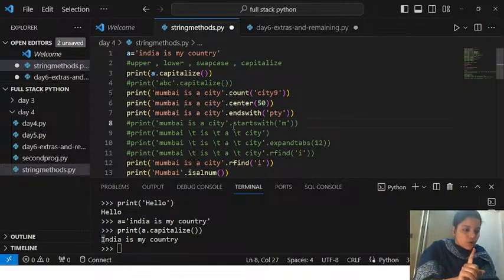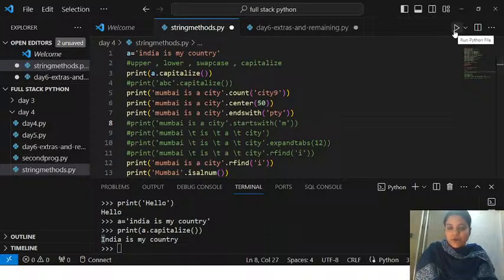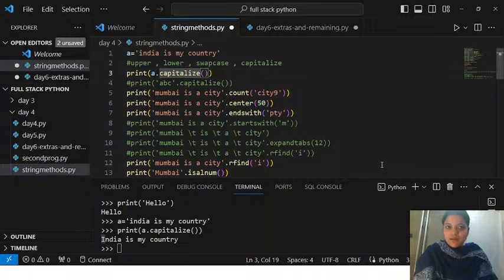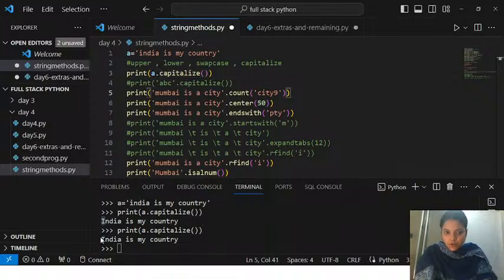If I click on this triangle button, which stands for run file, it's going to execute all the code present in this py file. But if you want to run only part of the code, just keep your cursor on the current line, and if it is more than one line, you have to select it, and say shift enter. You find your output on the screen or on the terminal.